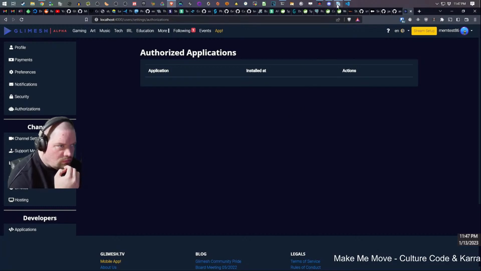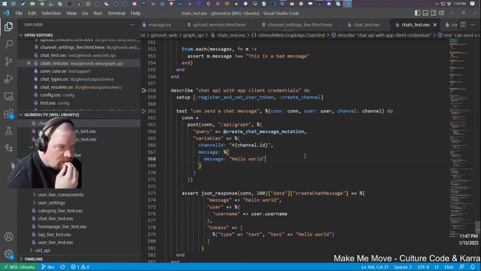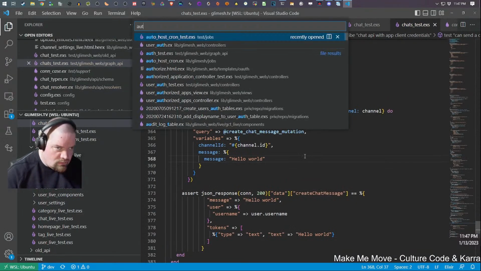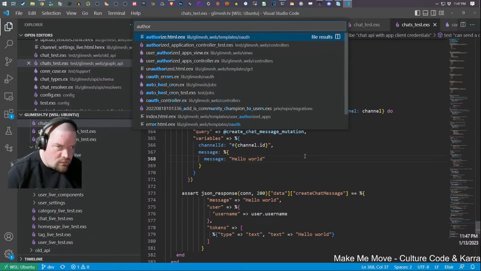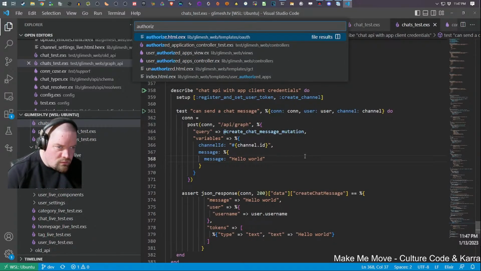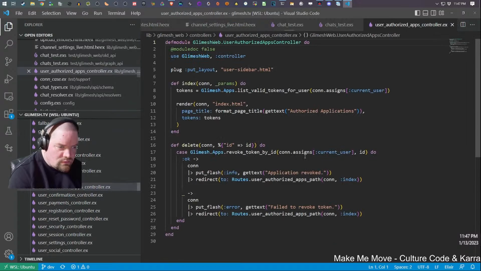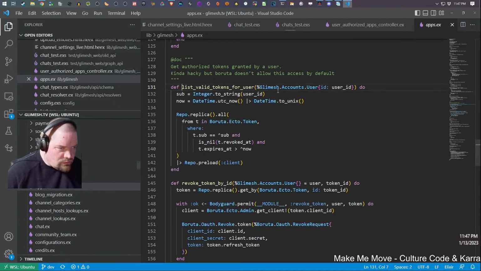So let's see, what does authorized applications look like? Application controller test. Authorized. User authorized apps view and controller. List valid tokens for user.